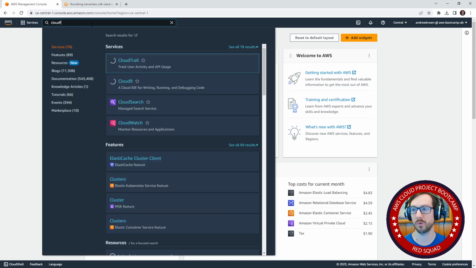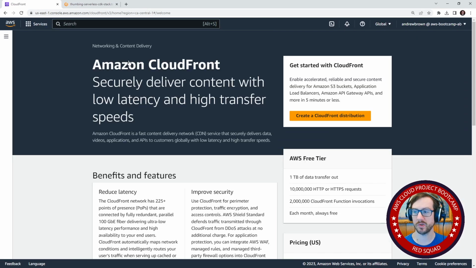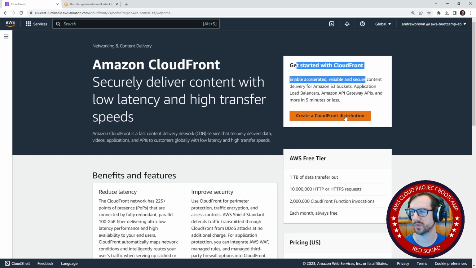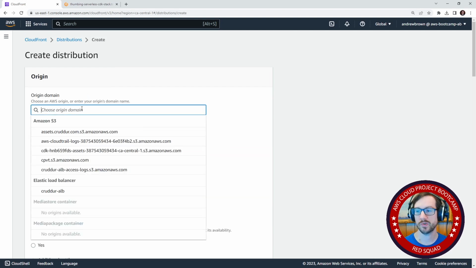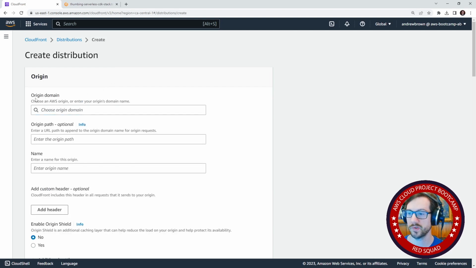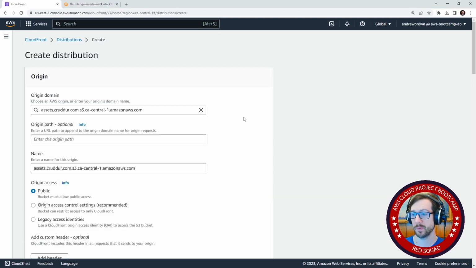So what we're going to do is go over to CloudFront and we'll just manually set it up. And, you know, we could also do this via the CLI. I think I'd rather just do this through the console so that we're saving time here. And I know they've updated this recently, so I'm not too afraid of this being changed. So here we have to choose our origin domain. It says choose an AWS origin or enter an origin's domain name. The origin is where it's going to point stuff to. And we want to point to our assets bucket, because we want to serve that up on